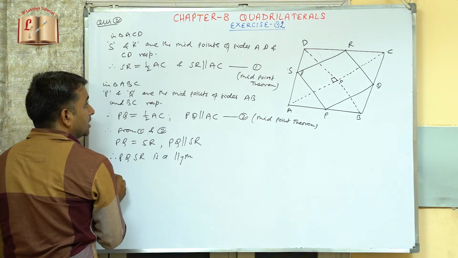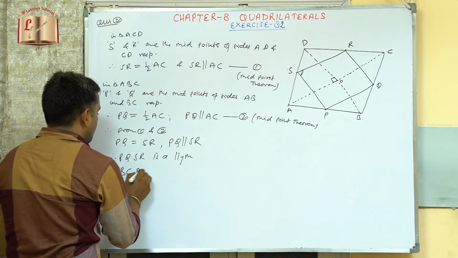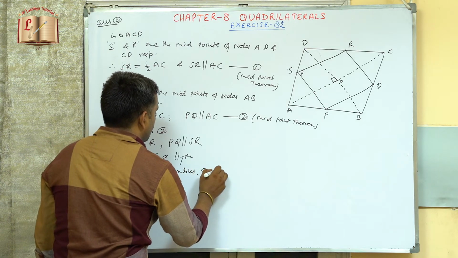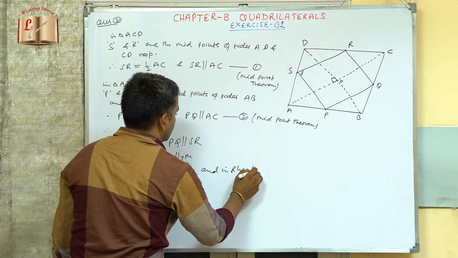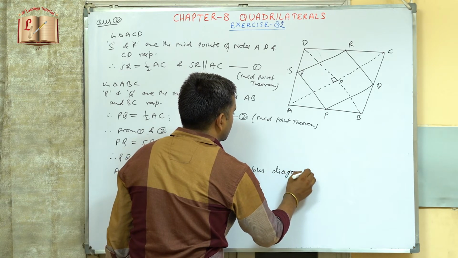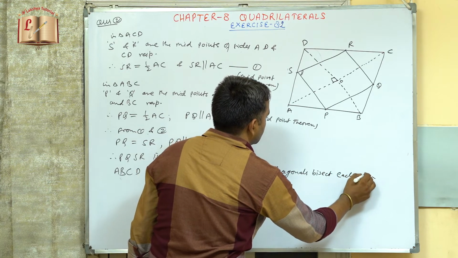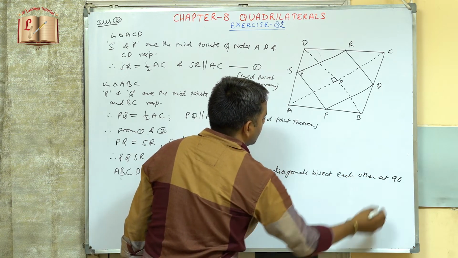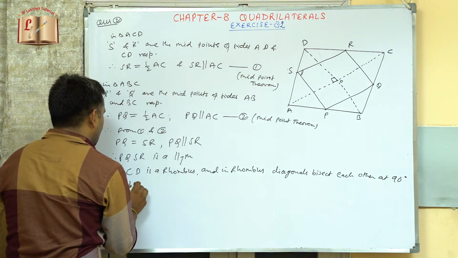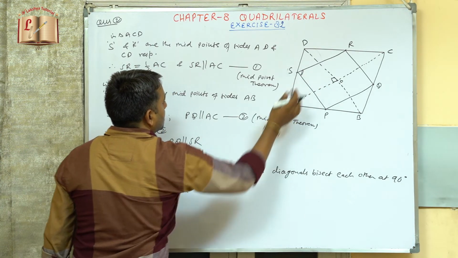So I can write ABCD is a rhombus, and in a rhombus diagonals bisect each other at 90 degrees. Therefore angle PSR is equal to 90 degrees, because this is the opposite angle